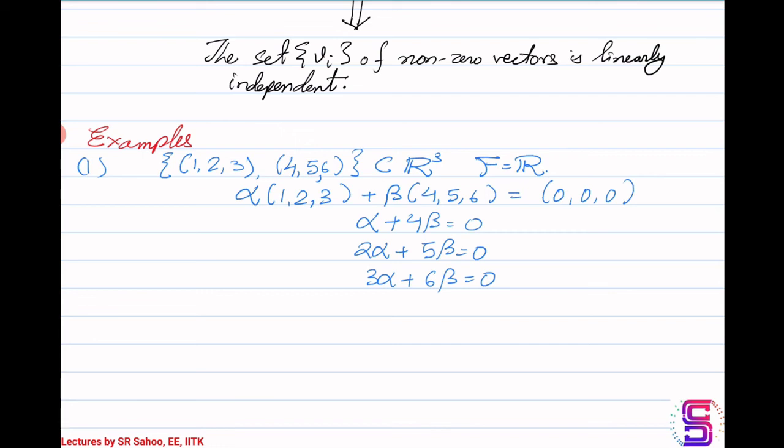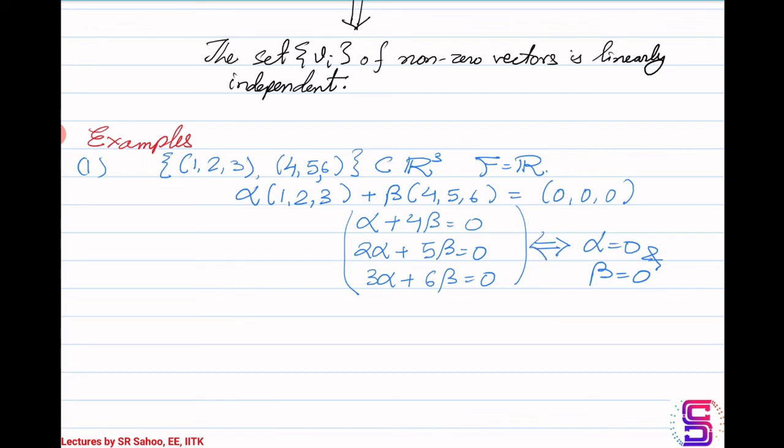Now given this system of equations, what are the values of alpha and beta so that the corresponding scaled up versions of (1, 2, 3) and (4, 5, 6), when added up, give you a 0? One can easily verify that the solution that ensures this is alpha equal to 0 and beta equal to 0. Of course, if you set alpha equal to 0, beta equal to 0, these equations hold,